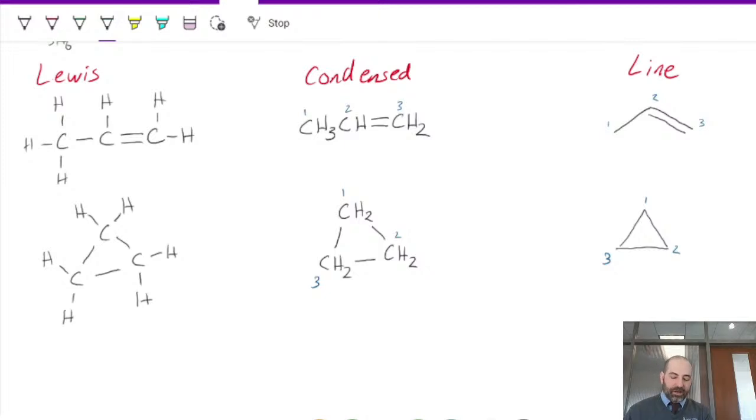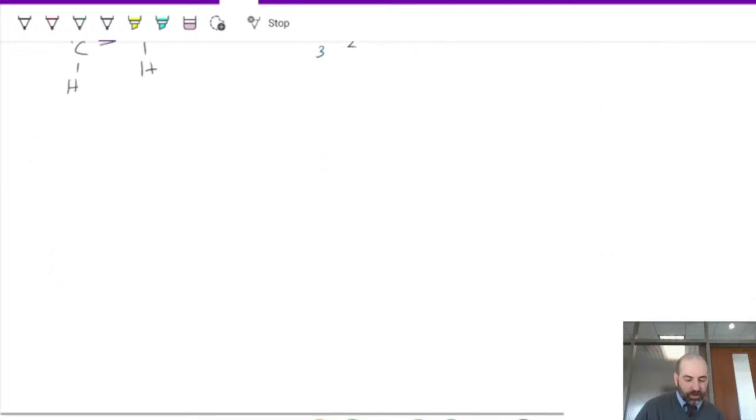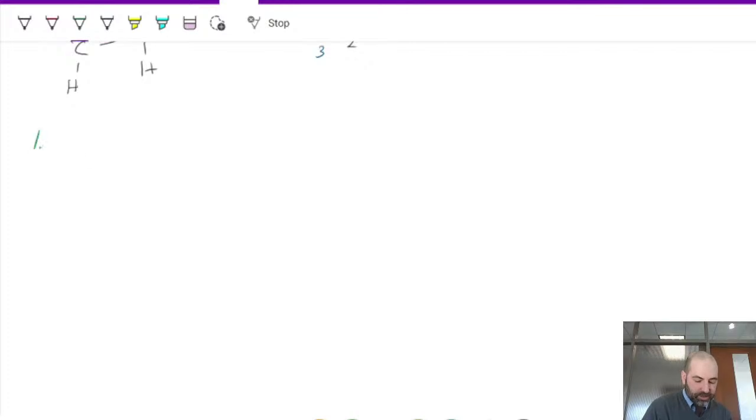Yeah, they're anywhere that lines either connect or end. So you've got an end of a line over here, you've got a connection here, and then you've got an end. And in the triangle, it's all connection points. So our first rule of line structures is